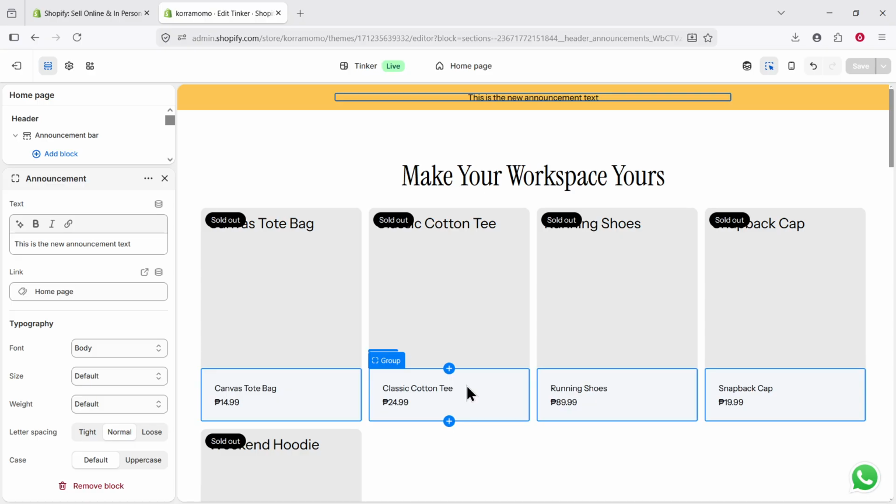If your announcement bar includes multiple announcements and auto-rotate is enabled in your theme, those messages will cycle through automatically. Any announcement that has a link assigned to it will take visitors to the connected page when they